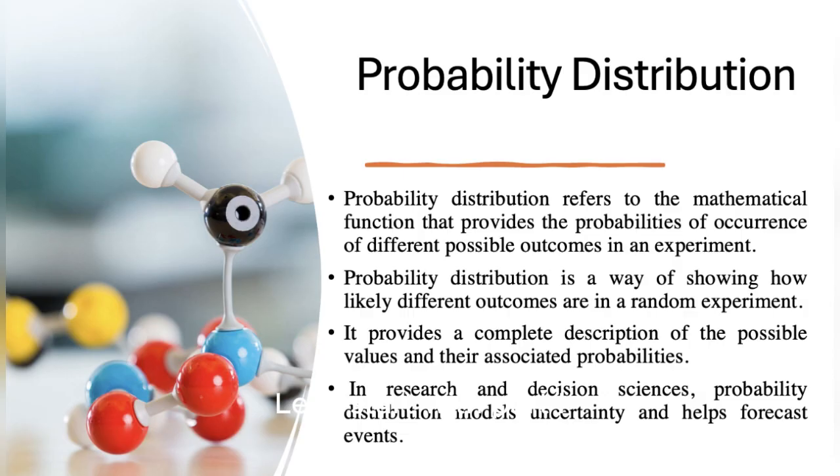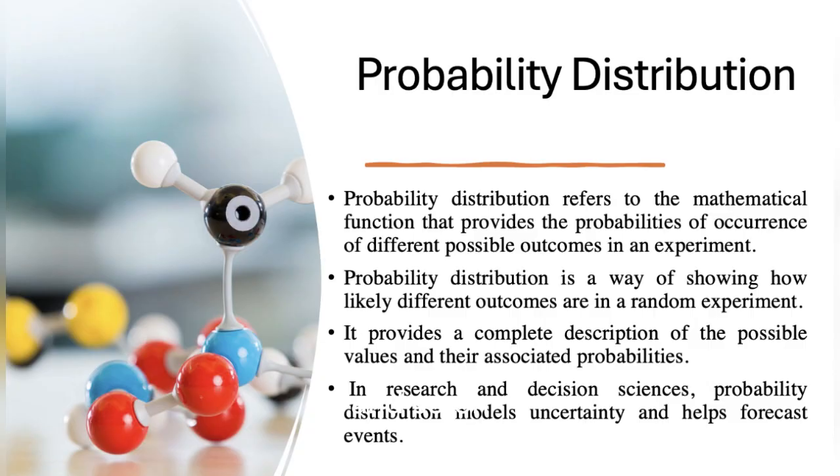Let's start with Part 1, Probability Distribution. We begin by defining what a probability distribution is. A probability distribution is a function that gives the probabilities of occurrence of different possible outcomes in an experiment. We can think of a random experiment as a process that leads to an outcome that is subject to chance. Some examples of random experiments include flipping a coin, rolling a die, drawing a card from a deck of cards,